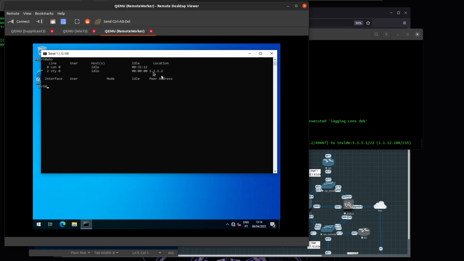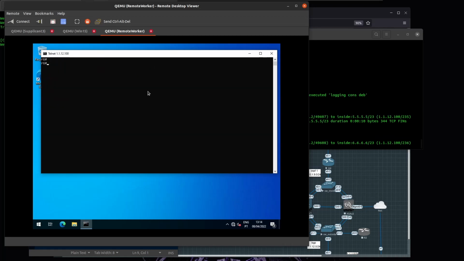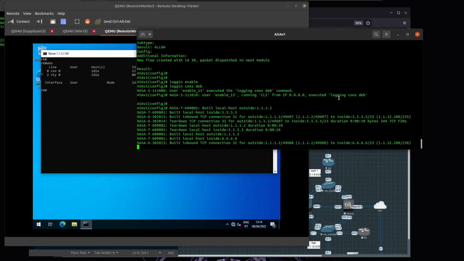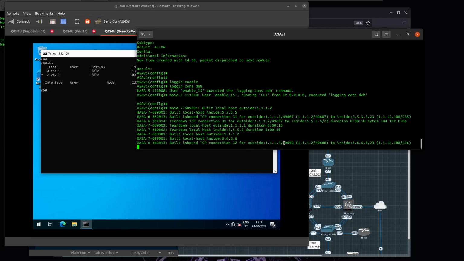You can see with my IP 111.112, and if I want, I should be able to get to R6 as well. We can confirm this with the logs. We have an inbound connection sourcing from 111.2, to R5, and same for R6. Okay,